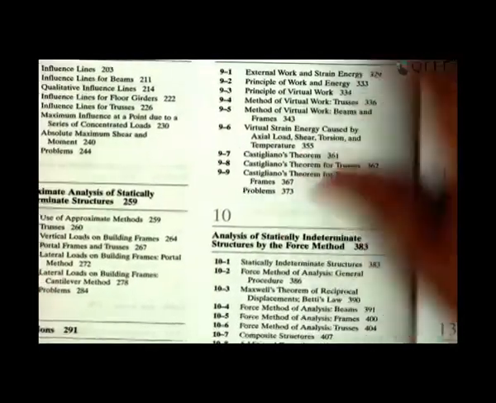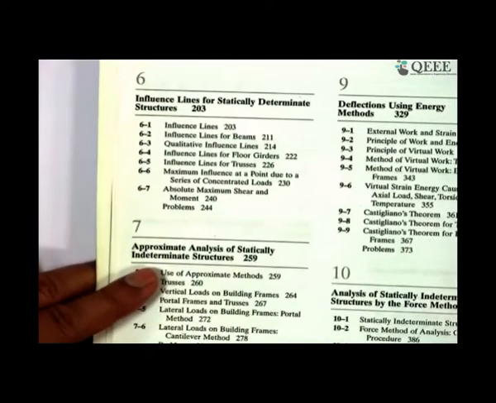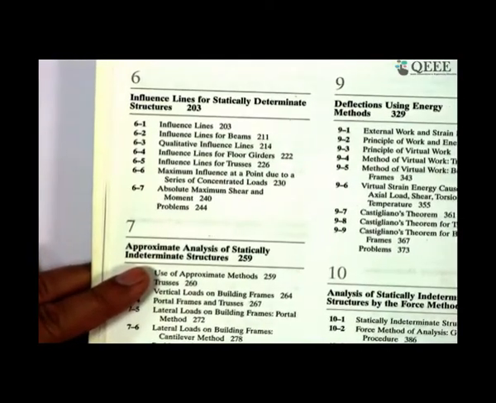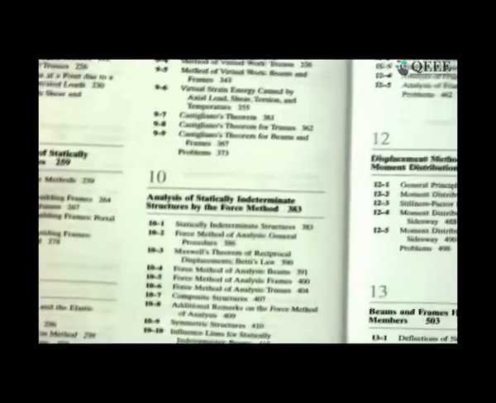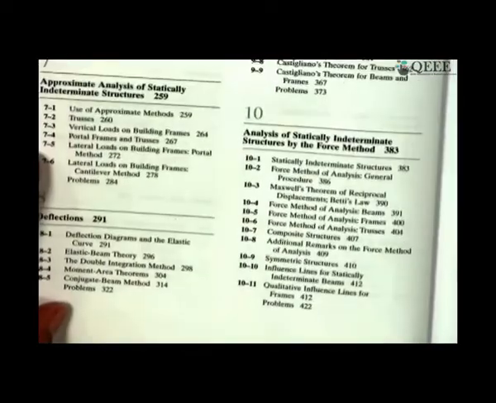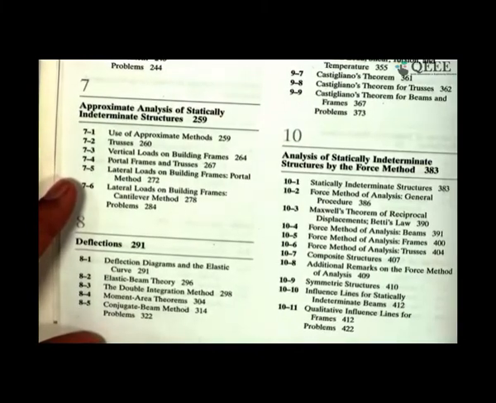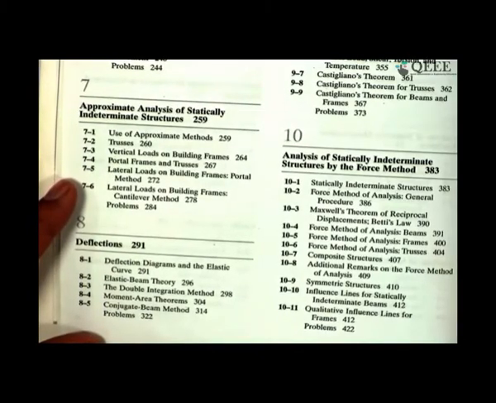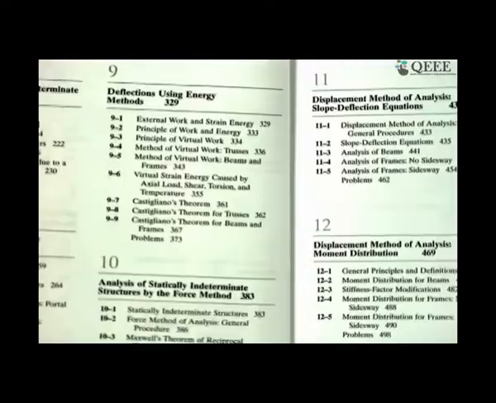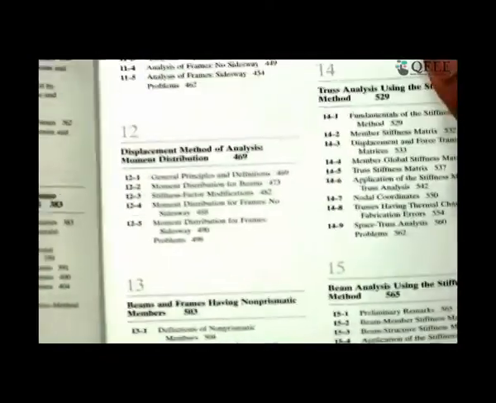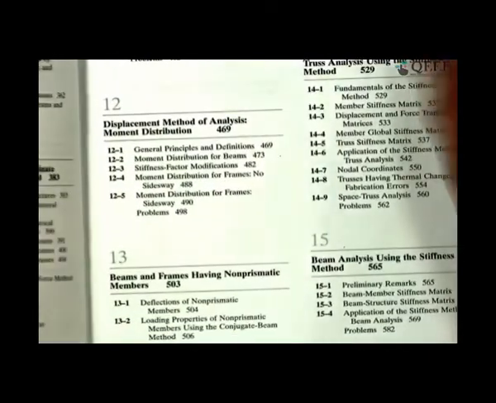After that, you can either start the influence line as it is given in this book, for statically determinate structures, or you can postpone it till the last, once all the deflections are covered. Actually, deflection is needed very much for statically indeterminate structures, and all the deflections and energy methods and others are covered. You can have at the end the chapter of